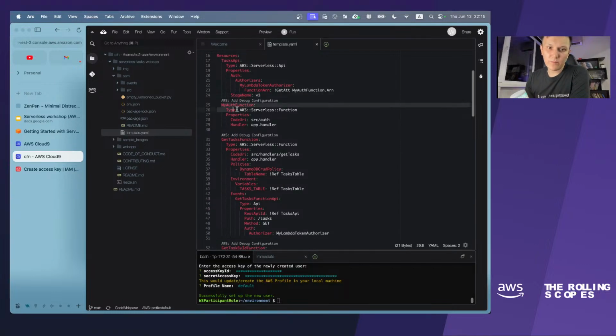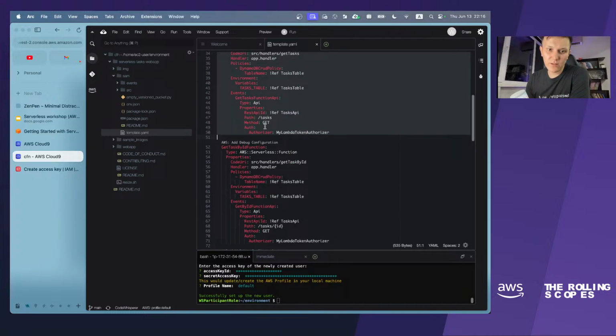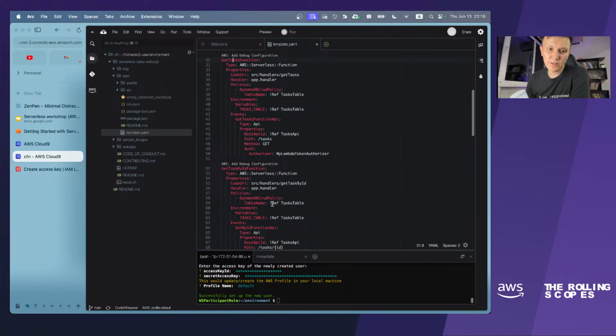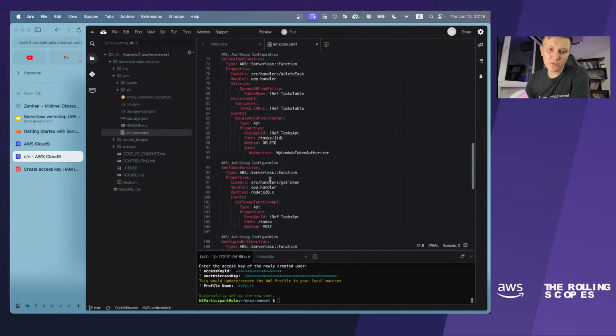What else? We have some function which is used for authentication, and we have a set of other functions like get tasks, get task by ID, delete tasks. So basically it is CRUD Lambdas.